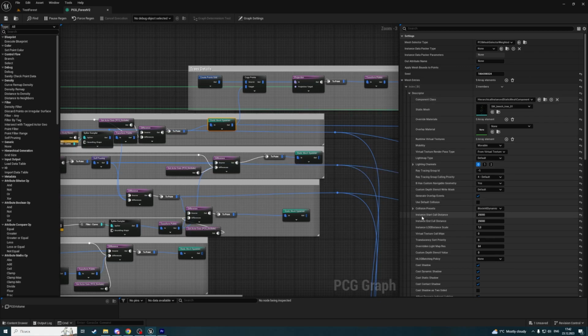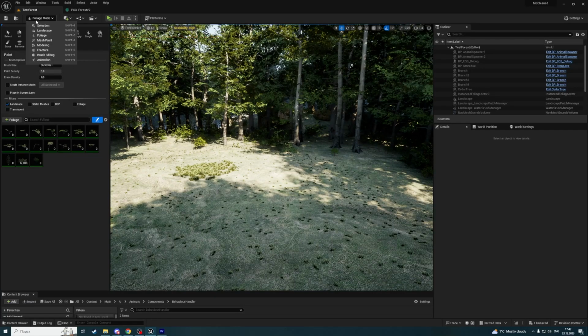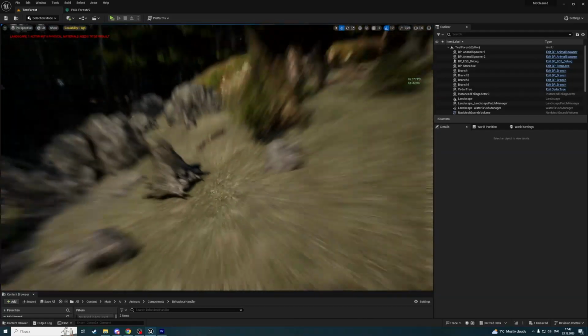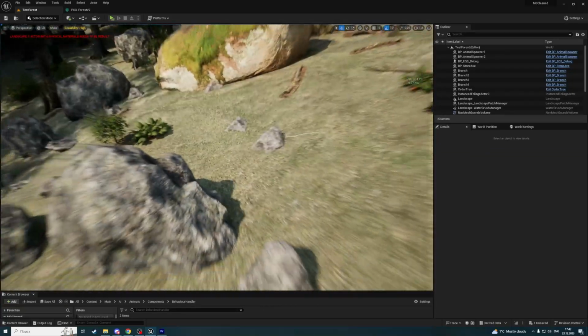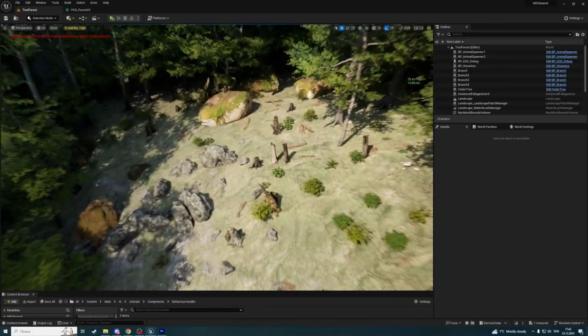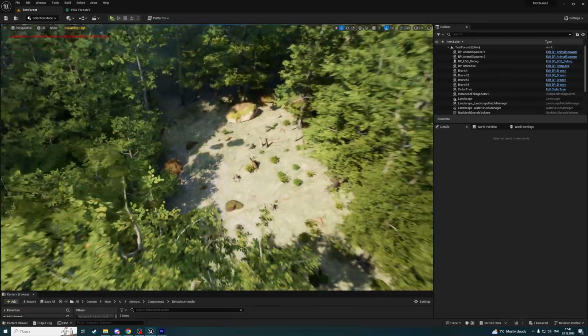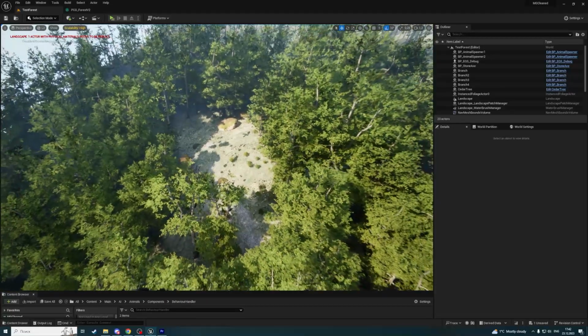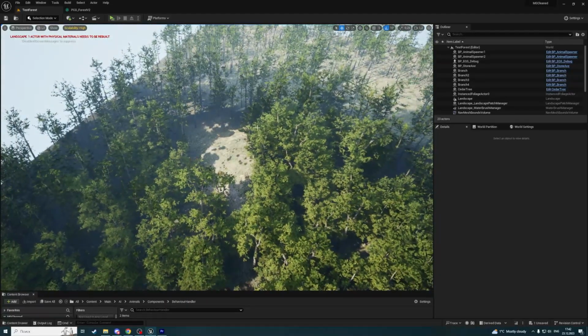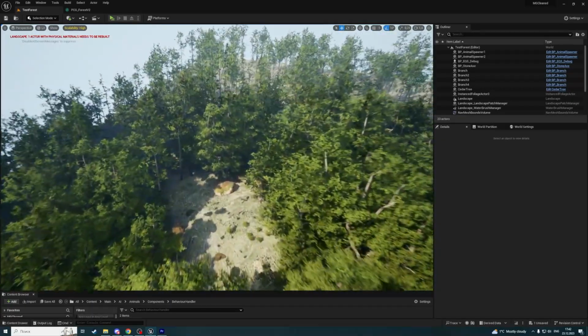Here we have parameters called instance start cull distance and end cull distance. This is the distance at which this mesh stops being rendered. So as you can see, for example, let me navigate here. I have a boulder and it is drawn until I'm at a distance less than 20,000, and when I move far it stops rendering. Also, you may notice how my trees also stop rendering,